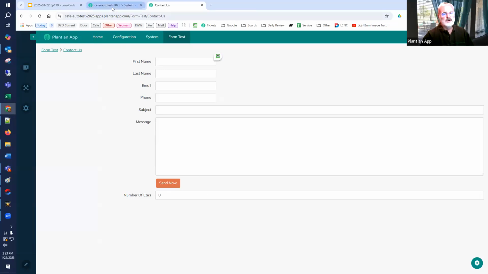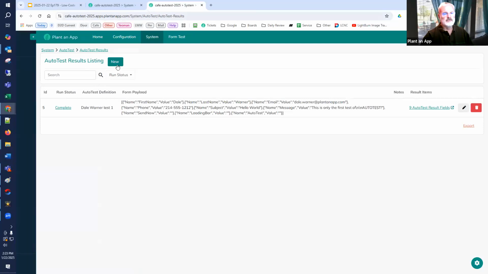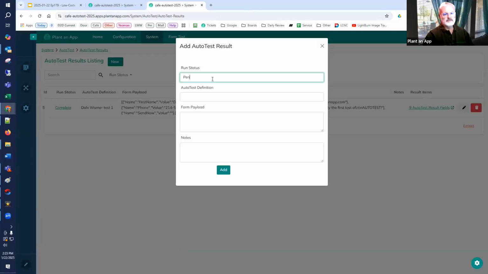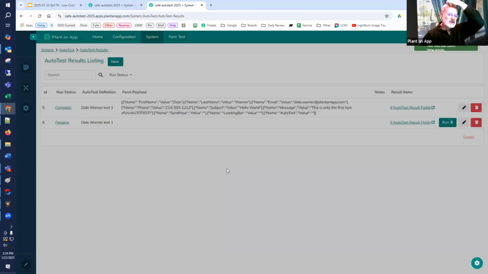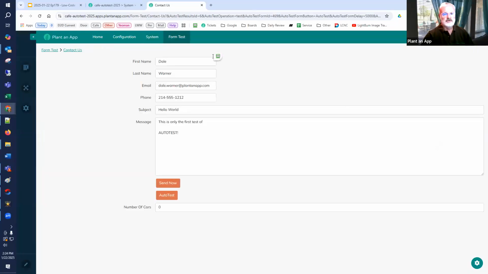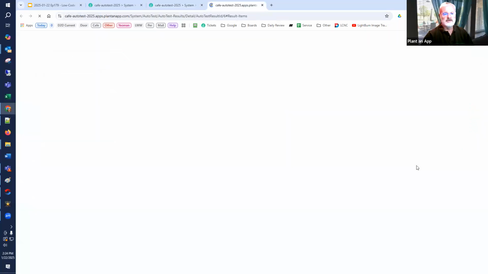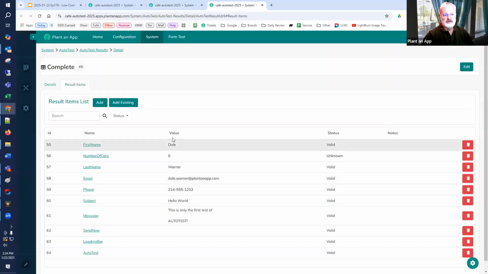So if we now go and run the exact same test, we can go to the results and then create a new queue record that is running the same test. Our form has changed, so we're going to get a little bit of a different result. When we run the exercise, it fills in the blanks, and it doesn't fill in number of cars, it just goes to the default value. We still submit the form, but now there's 10 result fields, and if we dig in to see what's provided, we can see that